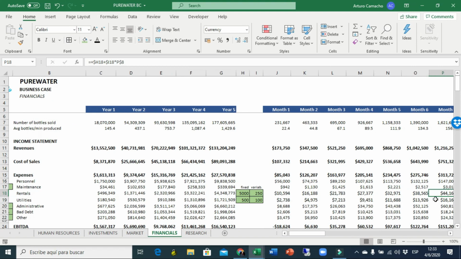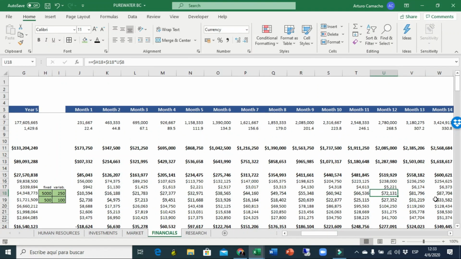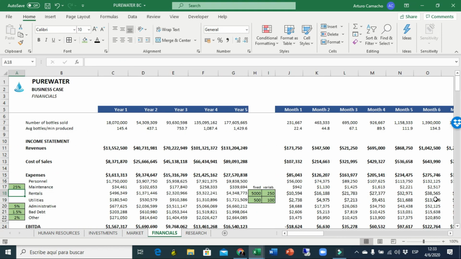So at the end of the first year, I will be paying then $72,000 of rental, and that grows, of course, every year. So these are the yearly rentals of your factory, and of course it's just a guess. If you could pay less, I have no idea how much it could be, but